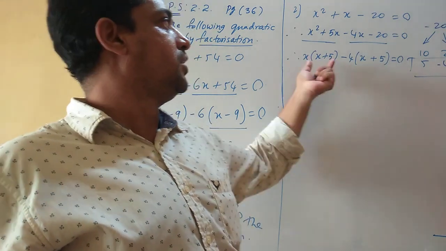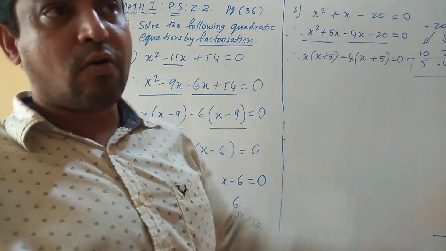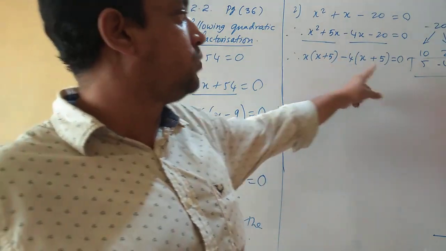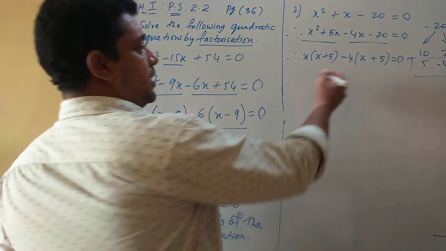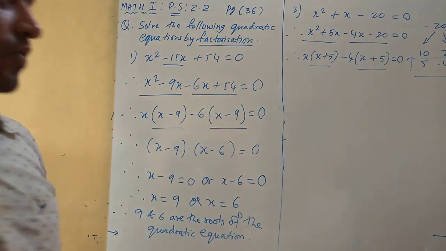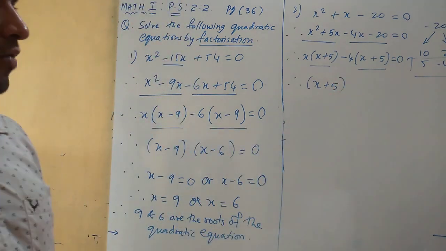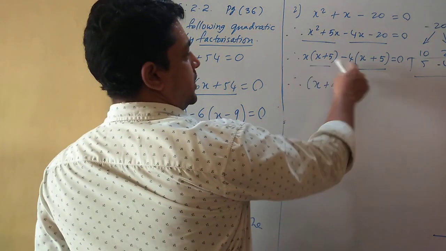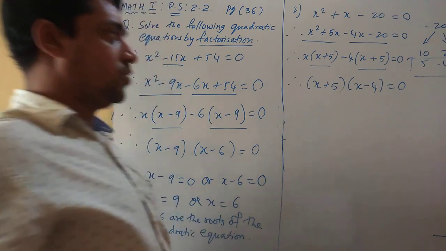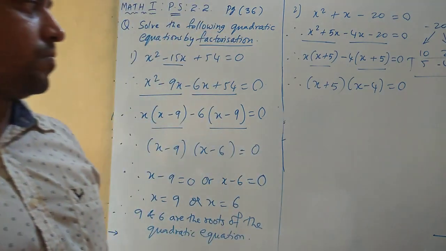Okay. And I told you this will always be the same. Whatever factor you are getting here, it should be in the first pair. Otherwise your sum is wrong. You must have taken the wrong sign in the first step itself. This won't match if you have made any mistake. Now here again, very easy, the common binomial factor. Here the binomial term is x plus 5. So take x plus 5 as common and write it down. What is the uncommon term here? So the common factor is x plus 5, and the other factor is x minus 4. Is it clear?